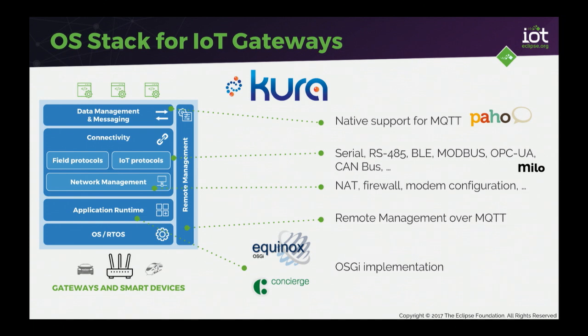Moving on to gateways. Two solutions available for kind of full stack solutions for gateways. One is Kura, and I'm going to show Kura in my demo later on. It's all the features for having, like I said earlier, a router on steroids. So the ability to build an IoT router or gateway. It's based on Java and OSGi, and it has lots of built-in features for, just like OpenWRT. Is this something that sounds familiar?